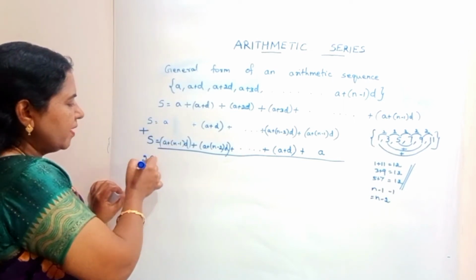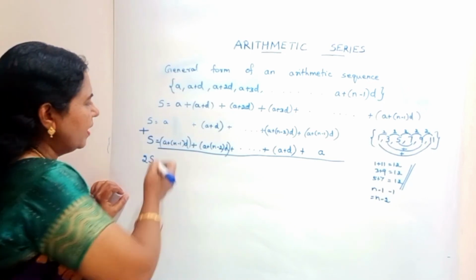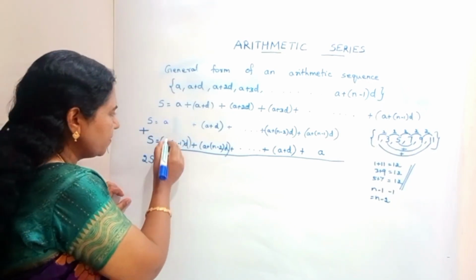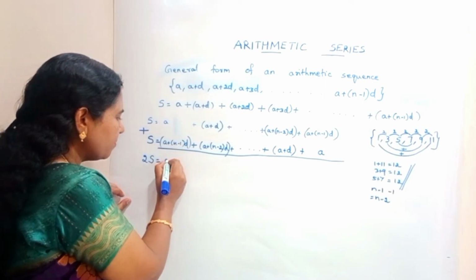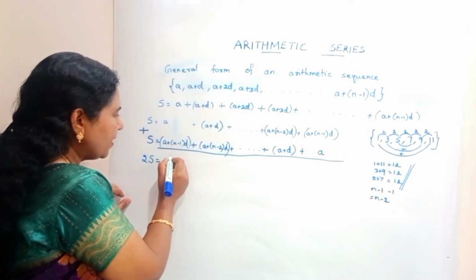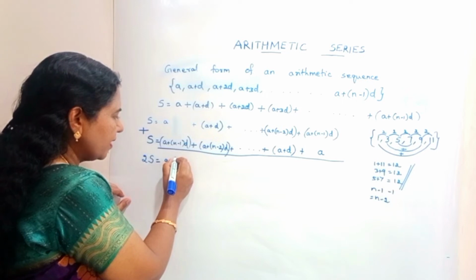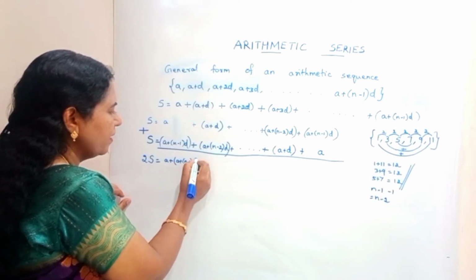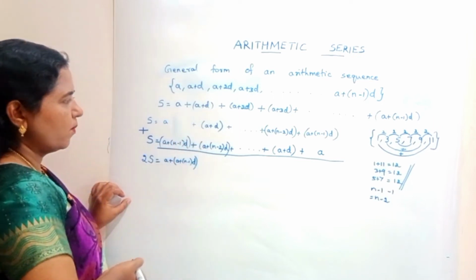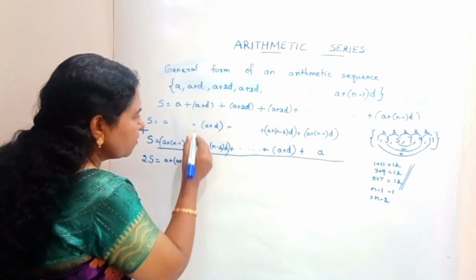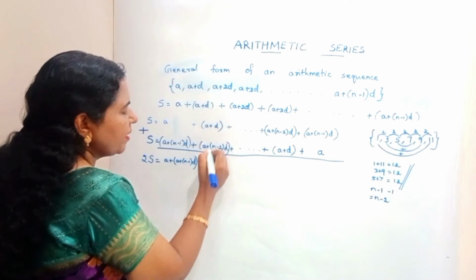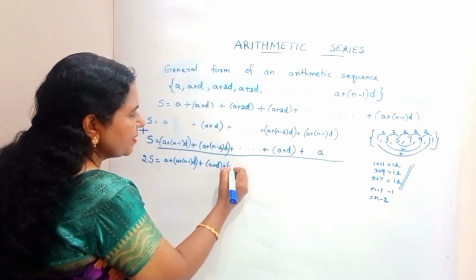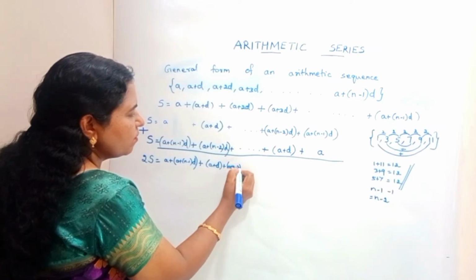So in the left hand side we have completed the addition work, and the next equal to, now here we have to add all the terms. So the first term is a, then a plus, now we have to add this along with that. So it becomes a plus n minus 1 into d. Now the first part it is over. Now coming to the second part, so we have plus sign. Now here it is a plus d plus a plus n minus 2 into d.